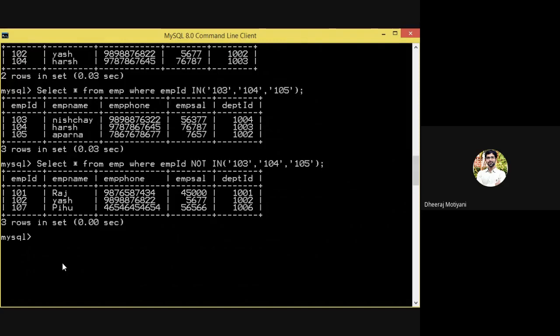I want to use between now. Between employee ID, or I can use employee salary also. I want to select only employee salary. I am not selecting all the records now. Select employee salary from EMP. If you want, you can give employee name also. If you want to give two columns from employee,